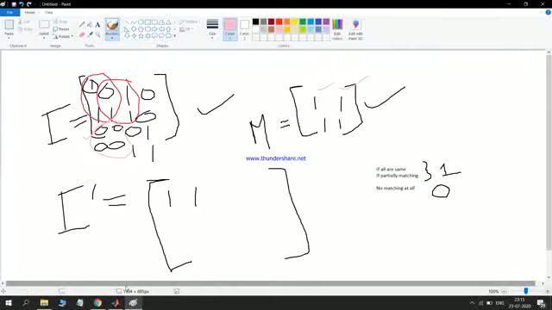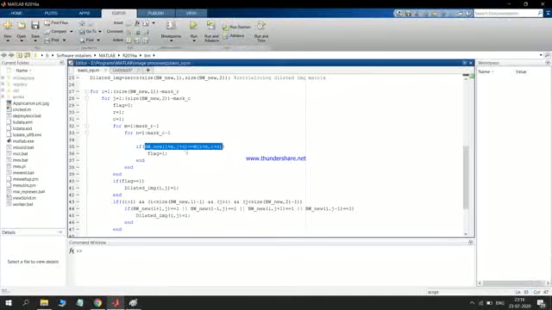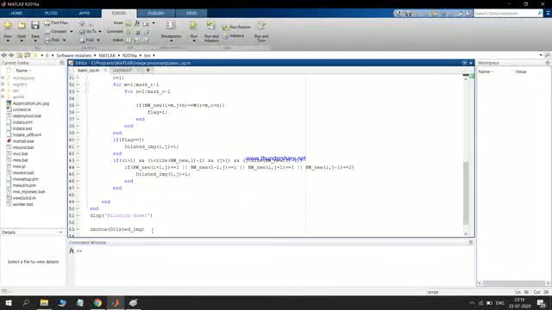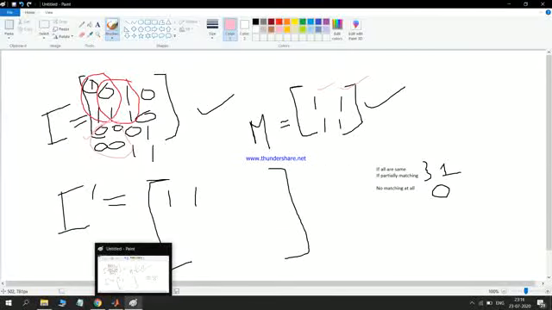If any one of them is matching, then our output will be 1. So if they are matching, I put my flag to 1. Initially my flag is 0. Then if the flag is 1, I put my value from 0 to 1 in this dilated image matrix.